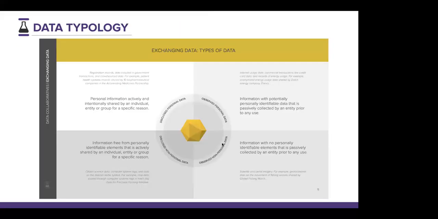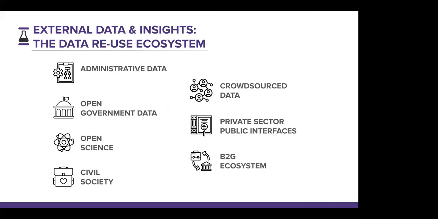But it's also important, for instance, to use some kind of taxonomy of data. Do we need personal data? Do we need data that is less personal, that can be observed without personal data? Because that will determine your basic data governance regime. And then also trying to understand the types of data you need. Is it administrative data? Is it open government data where this kind of data might reside? Do I need to think about scientific data, meaning where I can go and visit a repository of open science data? Is it data that I can get from civil society, crowdsourced data? Is it private sector data that I need that can actually answer my question?